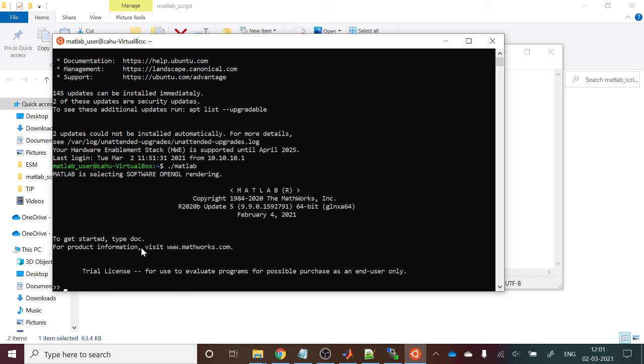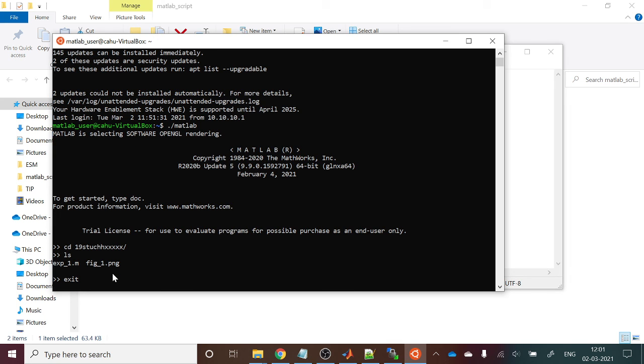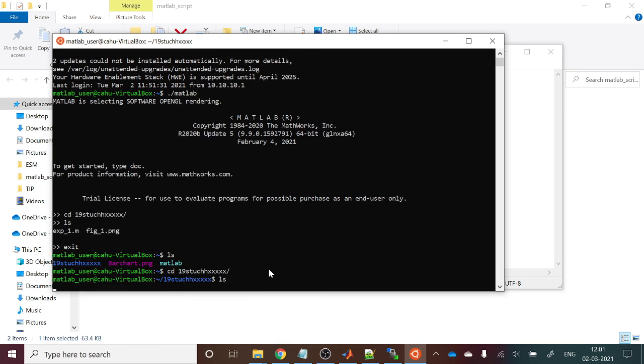Similarly, if you want to download the file, okay. So for example, if I go to cd, I just created this folder, right? So already I have run it and I have this figure file, right? Now if you are using Mac OS or Linux, how do you download this file? You have to use the scp command. After that you can open it. Okay. So I'll show it to you, just for demo purposes. Now I am in my local directory. Give ls. This is the folder, right? I have to go inside this folder. So cd 19, yeah, now we are inside this folder.